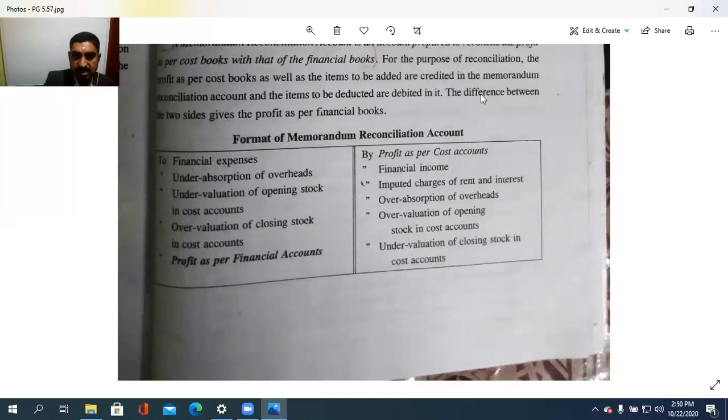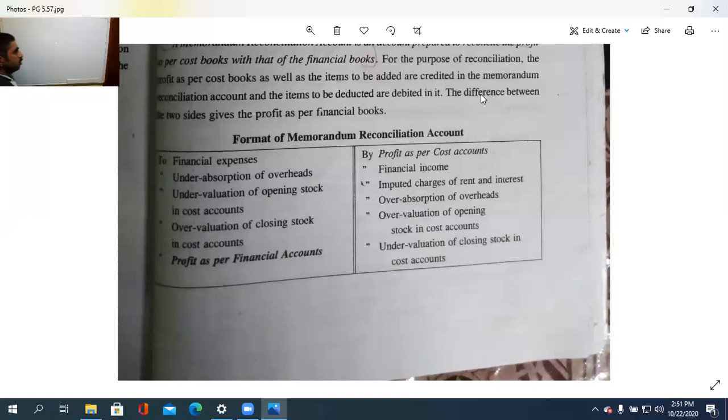See the format. Credit is by profit as per cost accounts, by financial income, by imputed charges of rent and interest, over absorption of overhead, overvaluation of the opening stock in cost accounts, undervaluation of the closing stock in cost accounts, while in the debit side it is to financial expenses, to under absorption of overhead. അവിടെ എന്താണ് പറഞ്ഞത് അതിന്റെ ഓപ്പോസിറ്റ്. Then undervaluation of the opening stock. അപ്പോൾ അപ്പുറത്ത് overvaluation of the opening stock. Then overvaluation of the closing stock in cost accounts and like that,